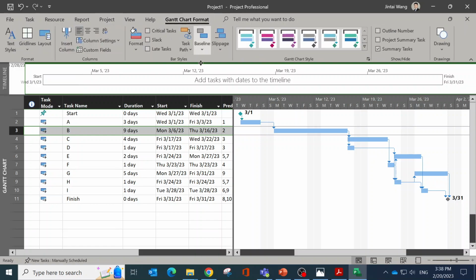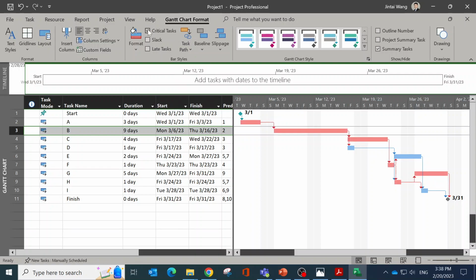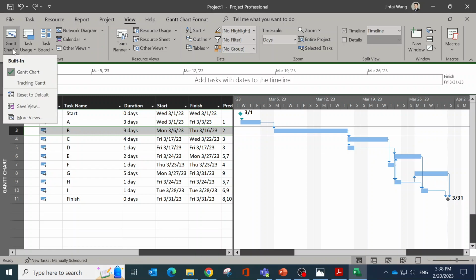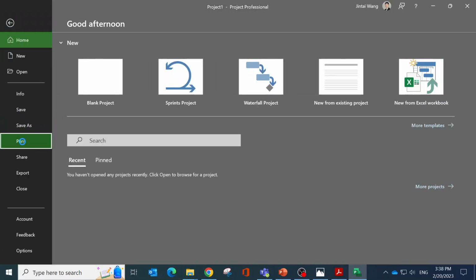Another thing I want to say is that you can actually highlight the critical tasks or highlight the critical path on the Gantt chart. You can actually check on the Slack to see this little bold line here indicates the Slack. So yeah, all those stuff you can do. And if you go to view, this is the Gantt chart by default. And yeah, you can print this,